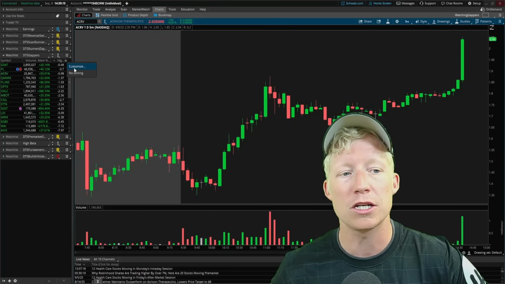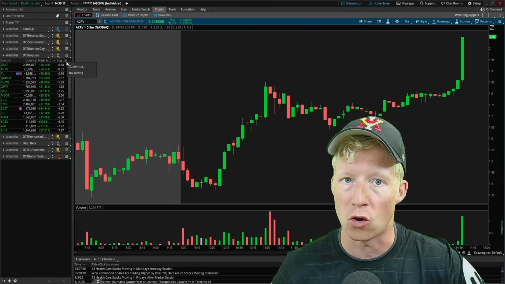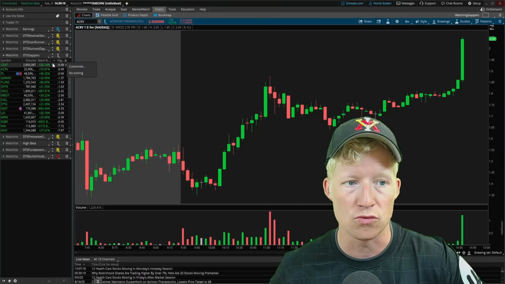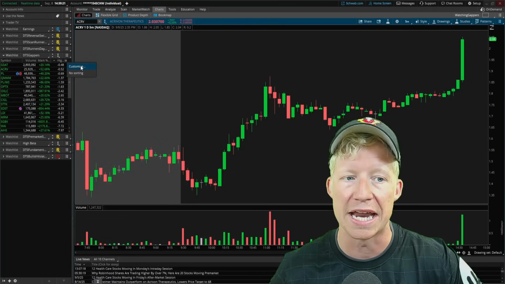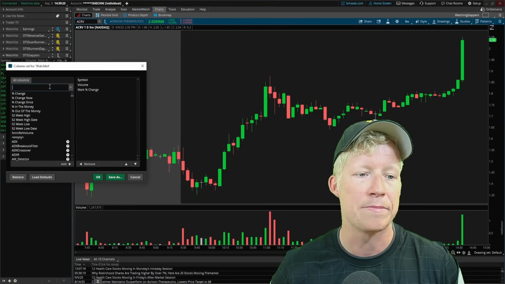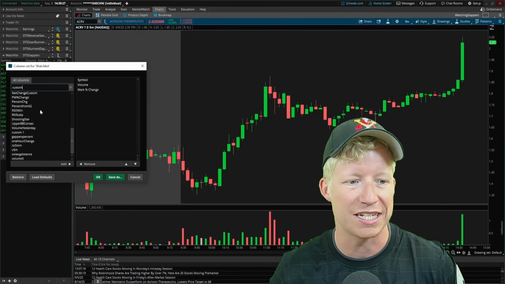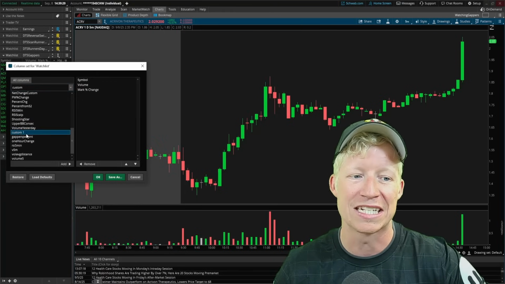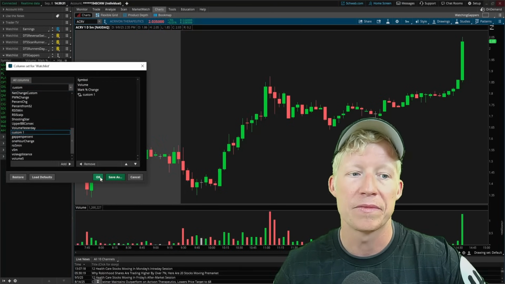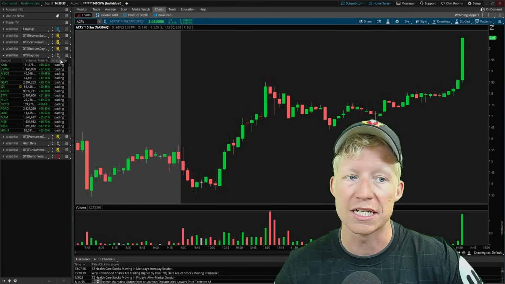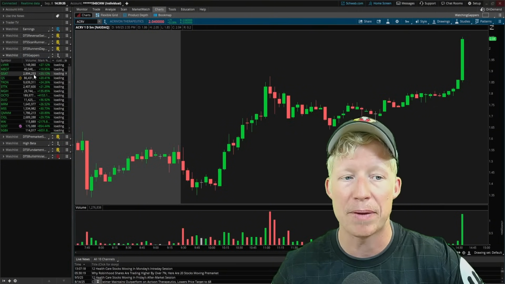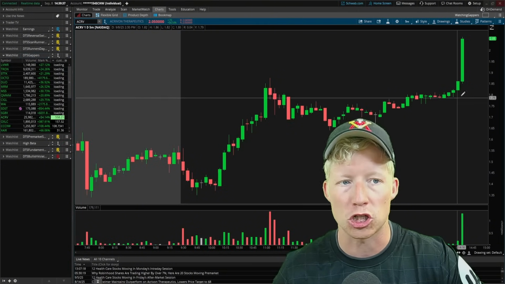But anyway, what I'm going to do here is right click on this cog icon to the right of my header columns again, and go into customize. I am now going to add my column. I never named it, so it's still called custom 1. Whatever you named it, obviously add that column. Now, from our watch list here just in the left-hand pane, while we are looking at our charts,